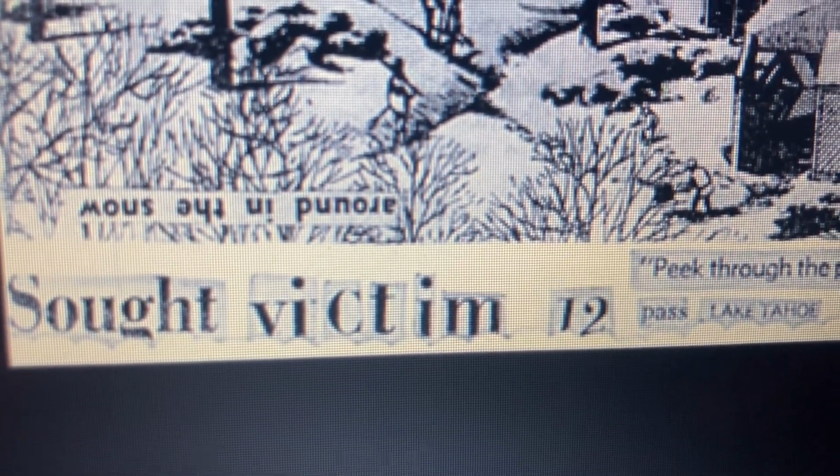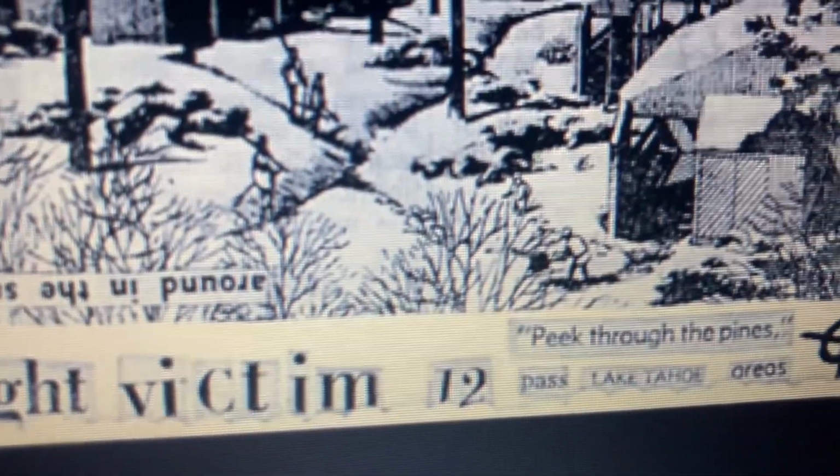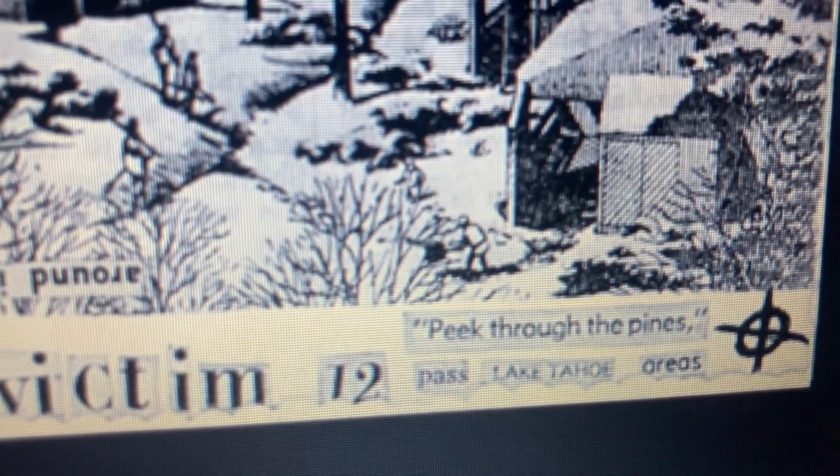Sought is past tense. They use tense changes, like something that you think is a noun, if you use it as a verb, solves the clue. So sought is seek. Seek vector indicator in centimeters, 12 centimeters, past the Lake Tahoe area from that zodiac sign